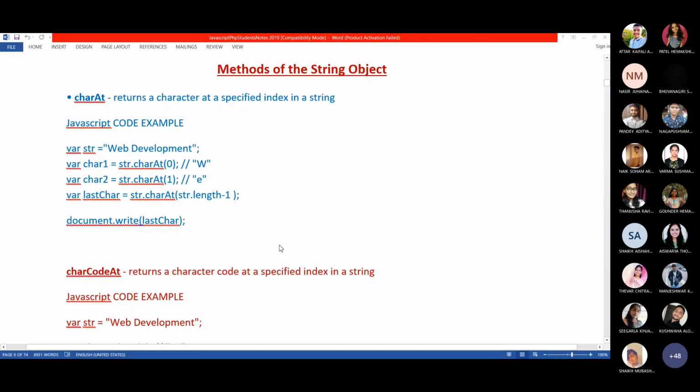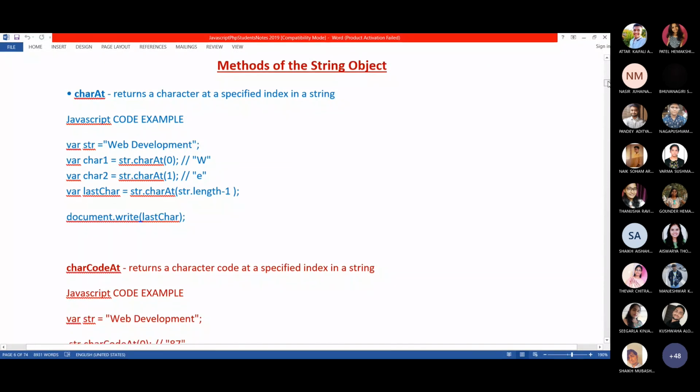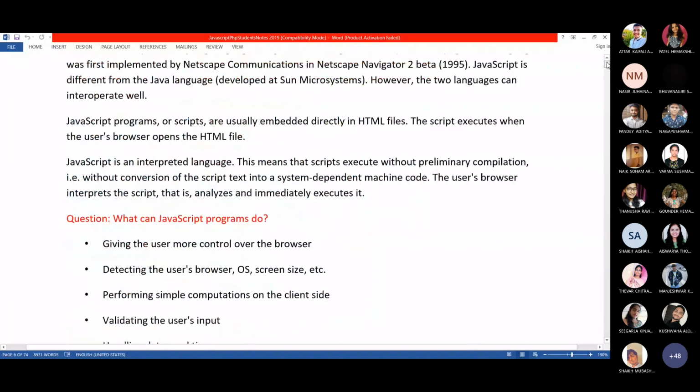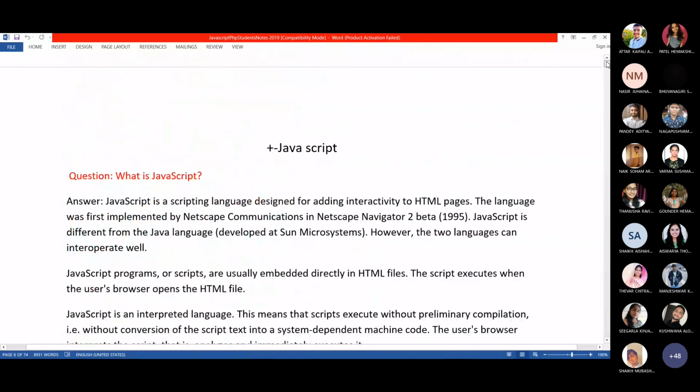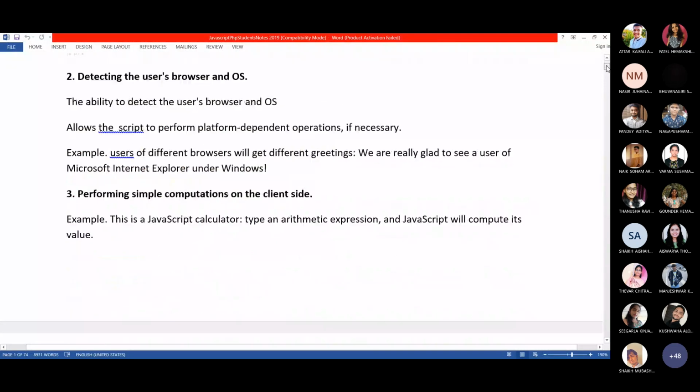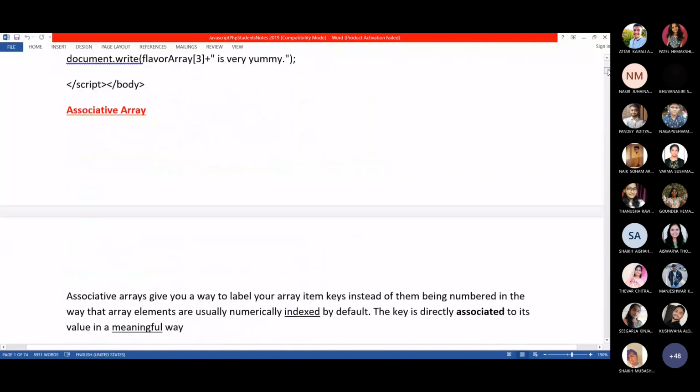Ma'am, internal class test? Yes. Ma'am, you haven't shared this file. Oh, I did not share this file? In Teams I shared, in the files folder. No, ma'am, not yet. Or did I send it to Ajil?